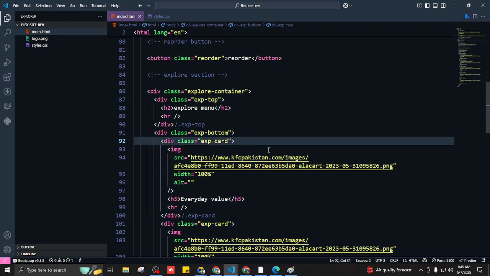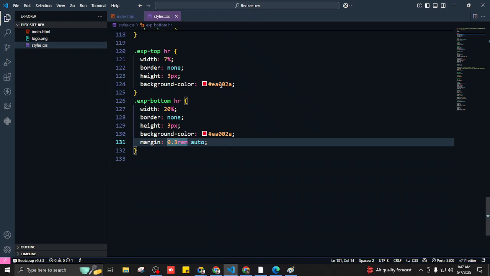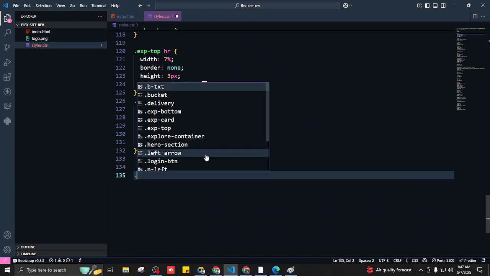So inside this card, we are going to put a div with the name of, let's say, dot. Okay, we have a div with the name of dot inside this first card. Now you don't have to write anything inside this. So go back to your styling and then target that dot. So we're going to say dot